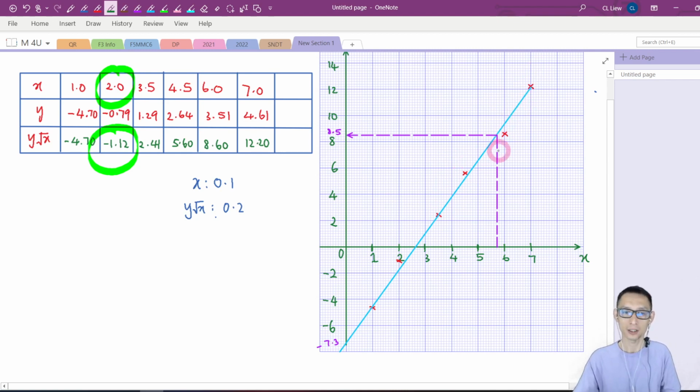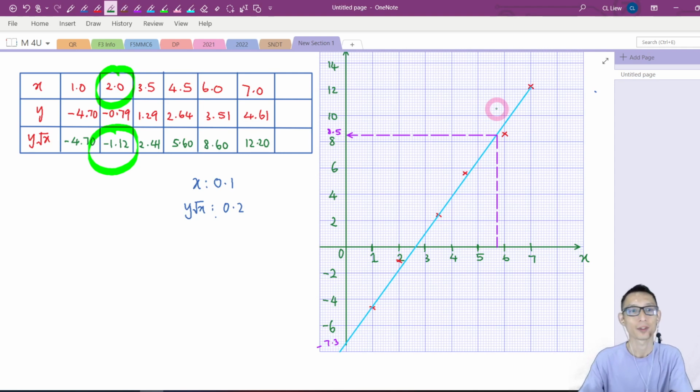So I think my graph is not that accurate, but you can try to draw it on your own on a piece of graph paper. If you draw it nicely, I think you should be able to get a quite accurate graph. But your answer may be slightly different from the given answer. But don't worry, for this sort of question, there will be a range for the answer. As long as your answer is within that range, then your answer will be accepted. Okay, now,